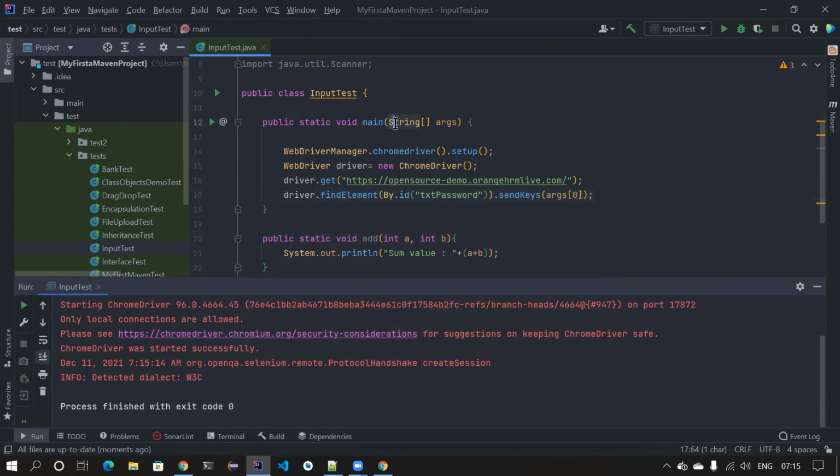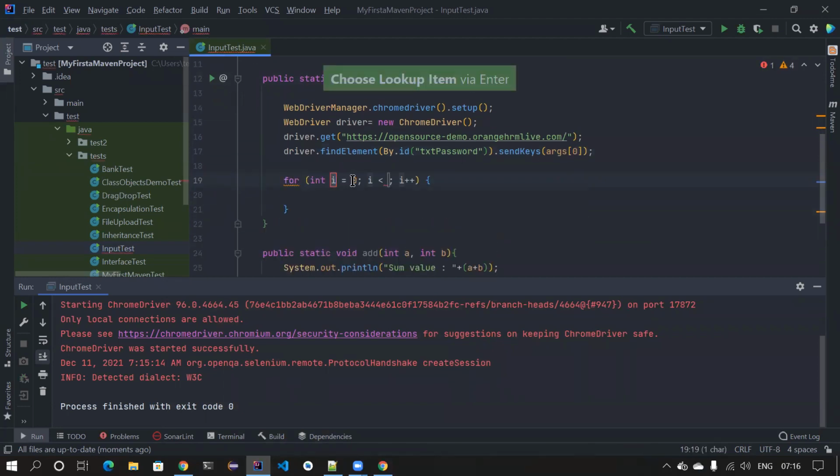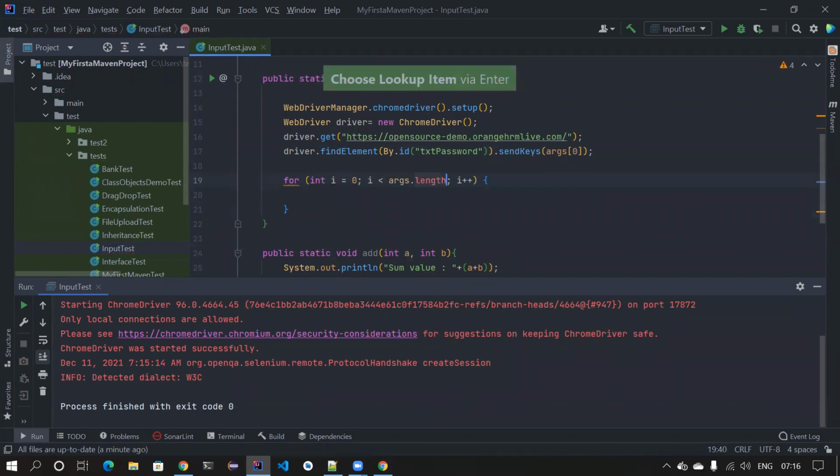Through these arguments, if someone is asking what is the use of this, you can tell them that maybe if you want to pass your passwords, at this time you can pass all these things. Again, this is a string array, right? We have passed a lot of values and we have only fetched the first value. If you want to fetch or print all the values, this is just a string array, so you know how to iterate it. int i equal to 0, i less than args dot length, and